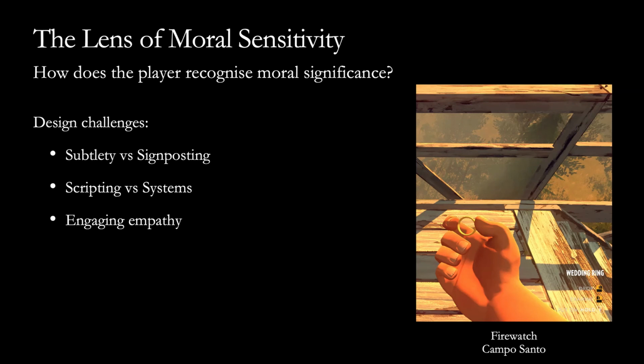Alternatively, systemic gameplay, where we're more based on economic or physics or other kinds of systems, can allow more complexity and more subtlety here, because those moments are not clearly defined as, here is the moment in which you make a moral choice. The moral choices arise out of the dynamics of the system.